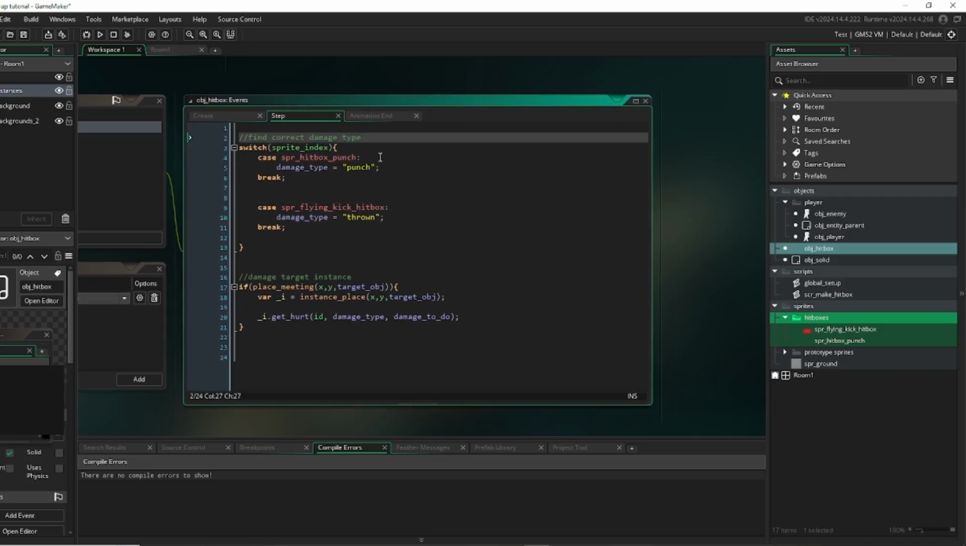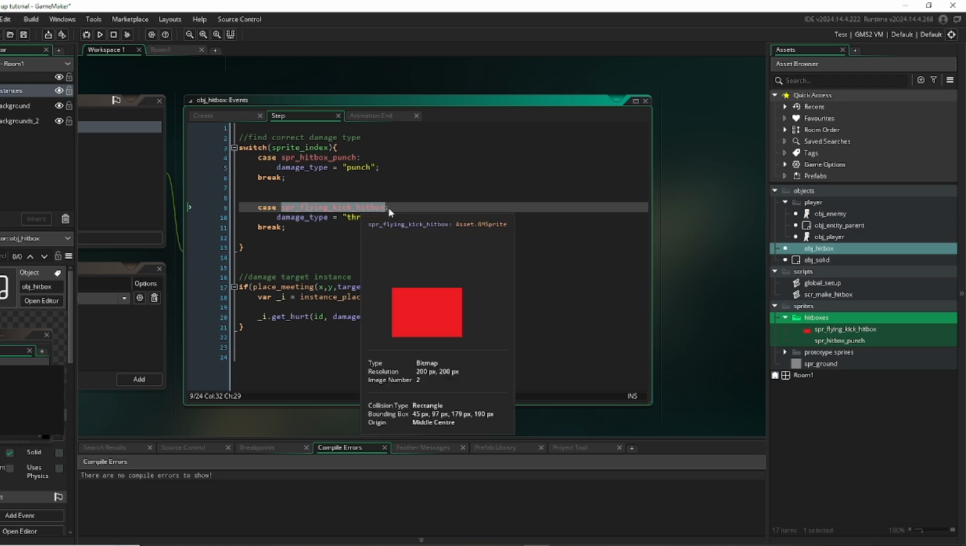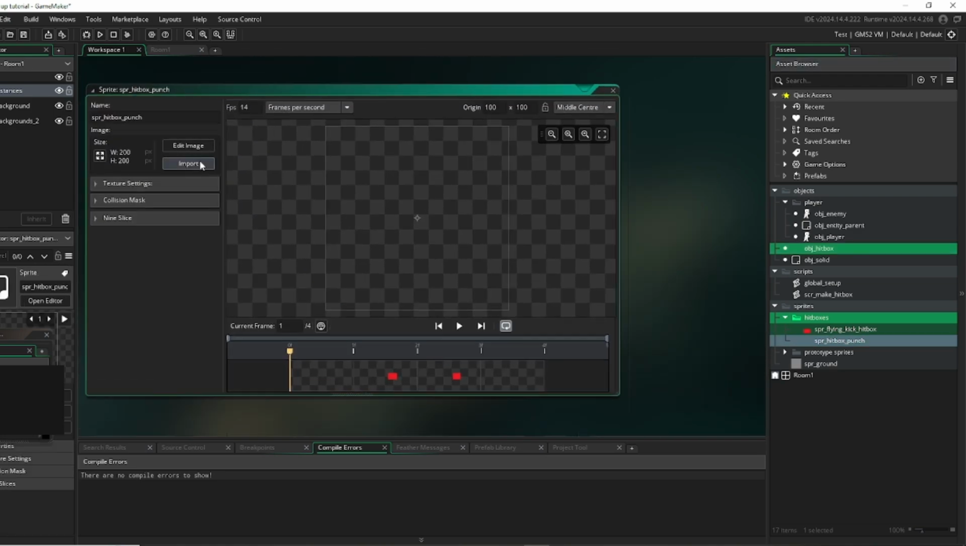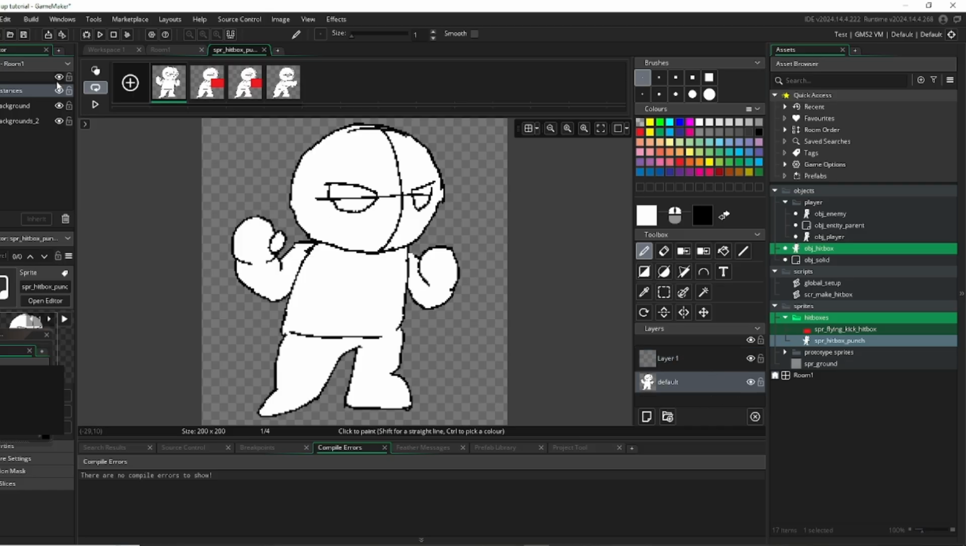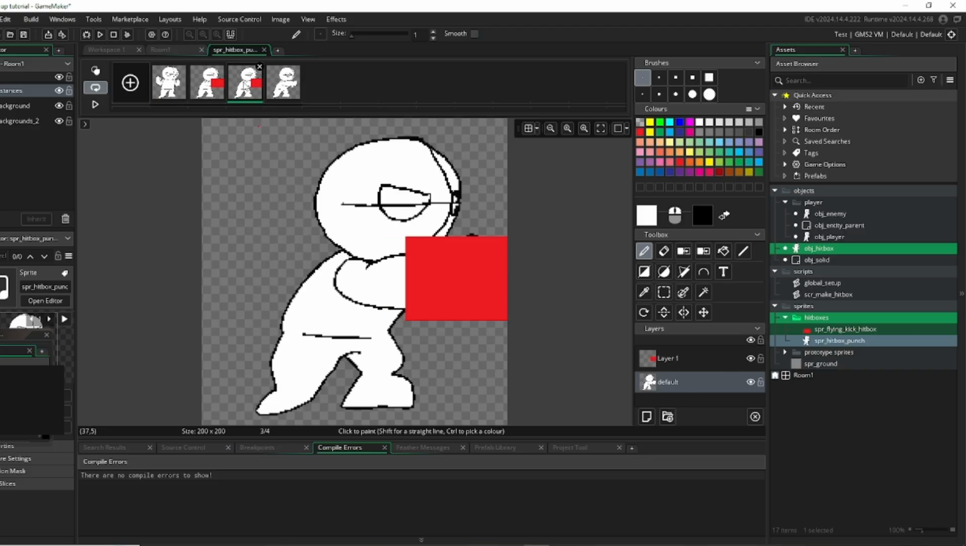So next, I want to make sure that different kinds of attacks do different things. For now, I do have a punch hitbox and a flying kick hitbox here. These are the two sprites I created. Now let me go into how I created those. For the punch, if we go into edit image, I duplicated the player punch sprite, and everywhere that I wanted there to be a damage frame,